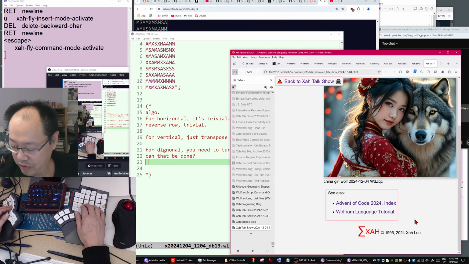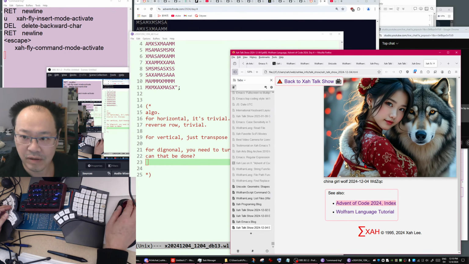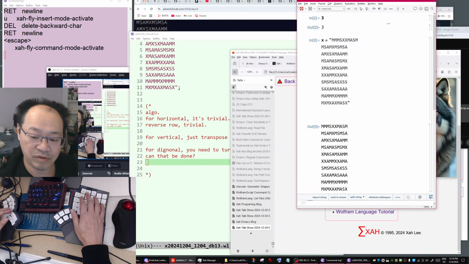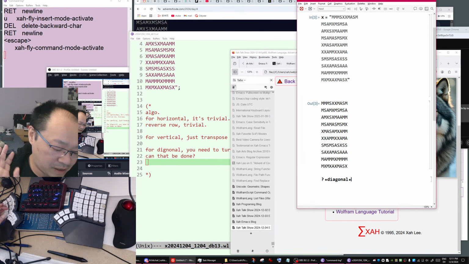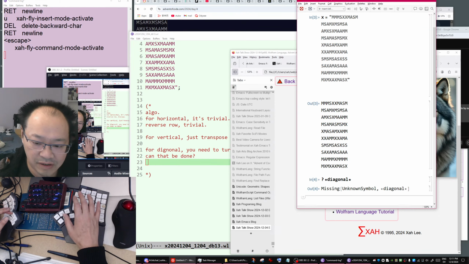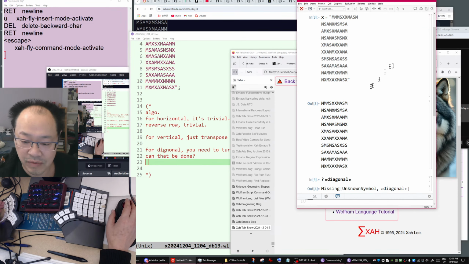In Wolfram language, I don't know exactly, but all you have to do is search for diagonal, with a question mark and asterisk. I believe there's a function that gives you the diagonal matrix.